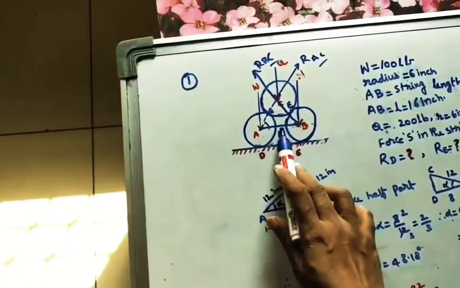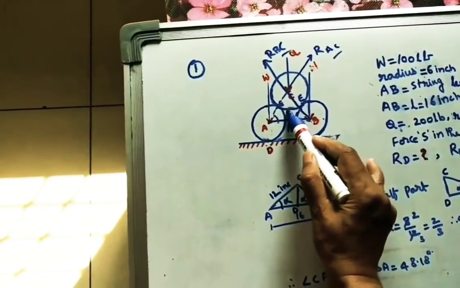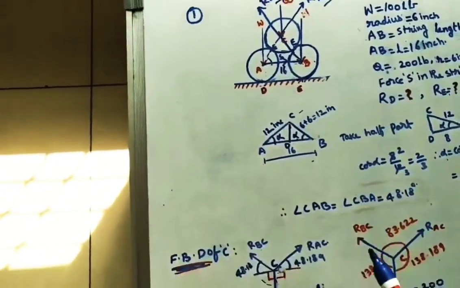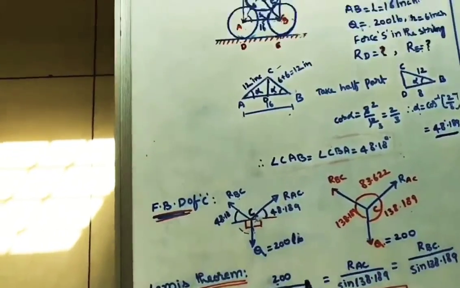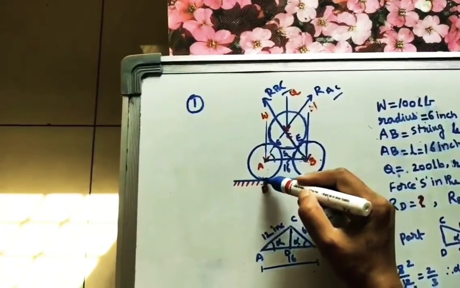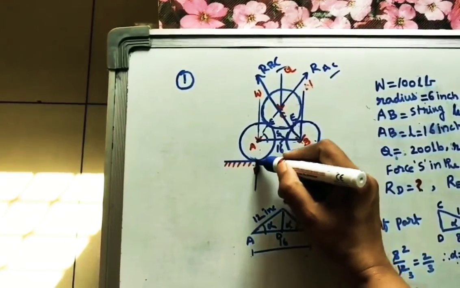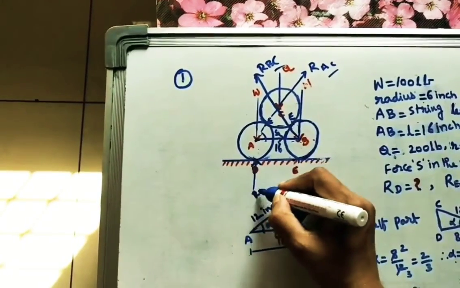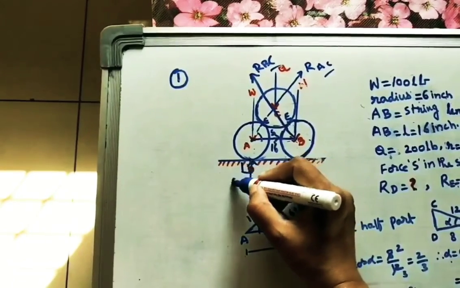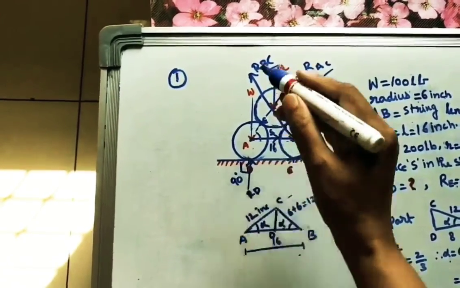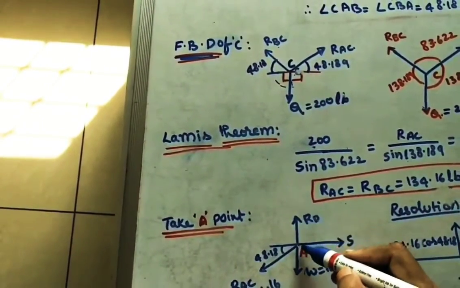Similarly, here one string is there. S is acting. I am taking it in this direction. We need to find that. So S is acting like this. I took that, and then here at point D, the contact point, the reaction is always perpendicular to the surface. This is RD. The surface is horizontal. The reaction force always makes 90 degrees. RD is in the vertical direction at point A. Now I have marked RD.